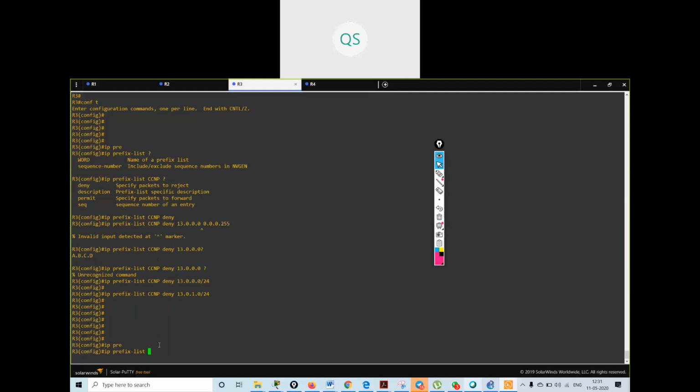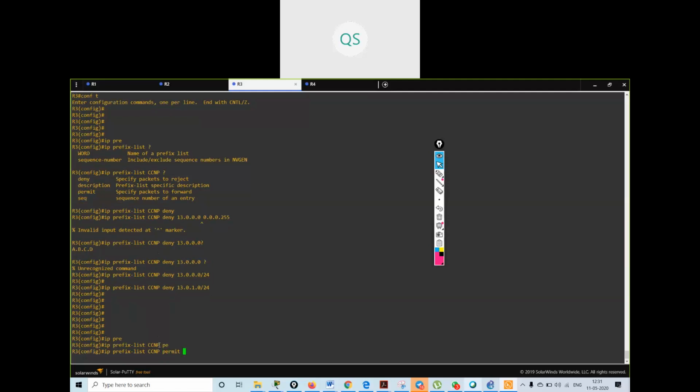I will say ip prefix-list CCNP permit 0.0.0.0/0, less than or equal to 32. I'm saying all other routes that are less than or equal to 32 should be allowed.